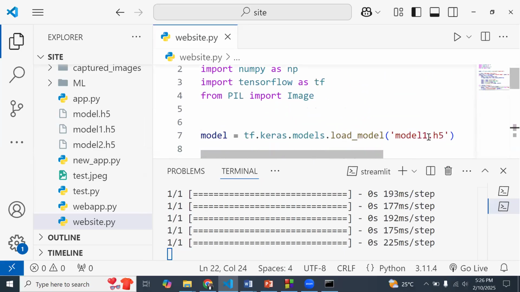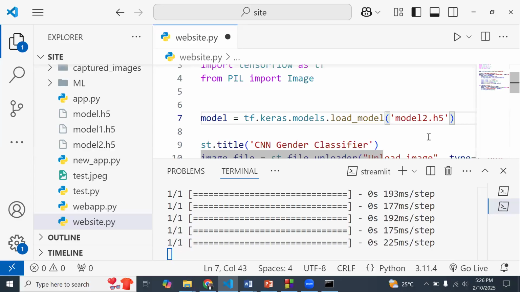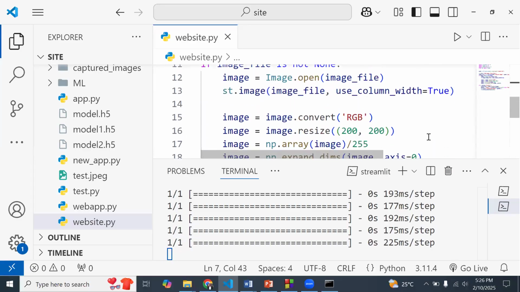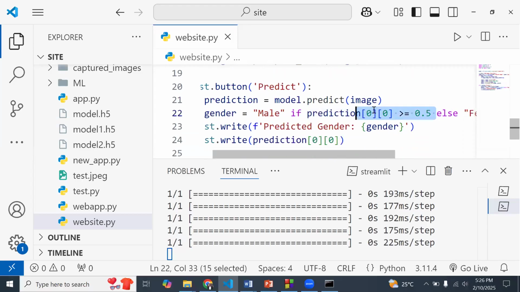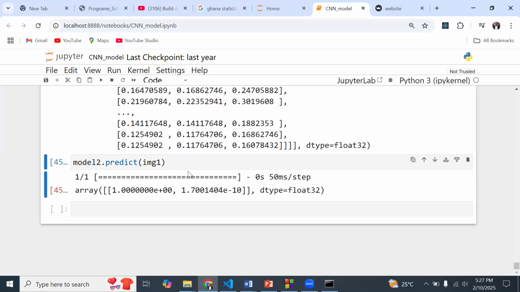We just have to change a little bit of the code. So model 2 is what we have over here, and this logic is not going to work, because it is just looking at one particular neuron, and based on the value that is predicted, we are setting a threshold. In the case of model 2, as we can clearly see, we are not dealing with just one neuron at the output layer. We are dealing with 2 neurons, so 2 values are going to come out, but we are looking at the highest value of the 2.